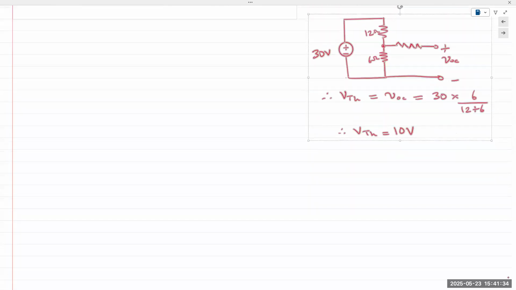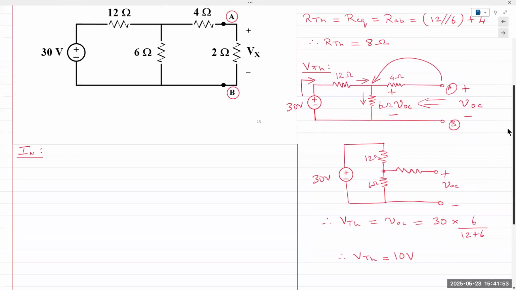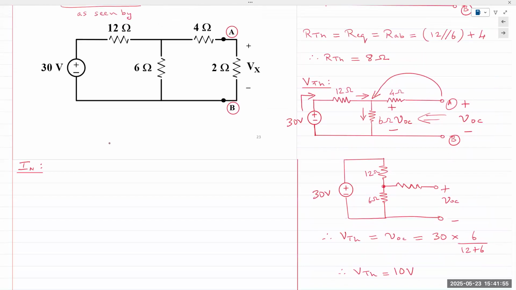Okay. Circuit for Norton current. Again, we redraw the circuit, and I would obtain